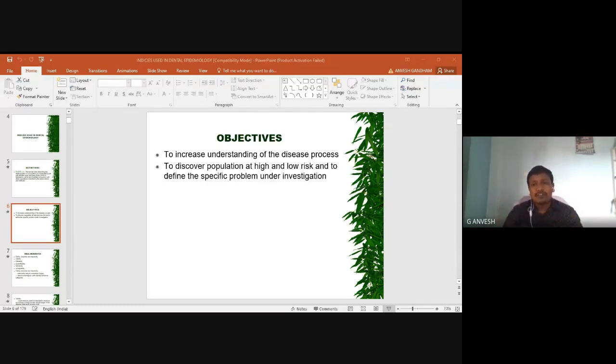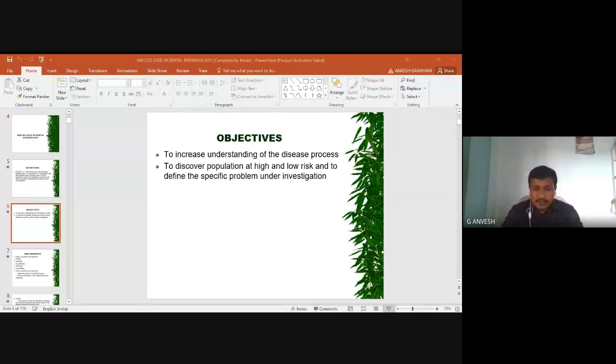Full mouth indices measure the patient's entire periodontium or entire dentition. The examples are Russell's periodontal index, and the second one is